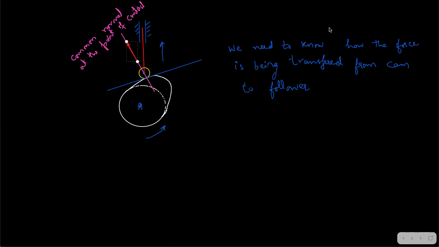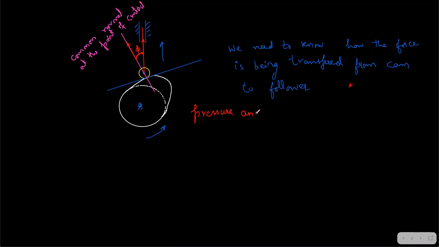So now we have the transmission of force line, and what is representing the motion, the direction? This red one up and down is representing the motion of the follower. So that also will be represented here. This is the motion of the follower upwards. So the angle between these both is called the pressure angle, which is phi. Okay. So what is pressure angle? We'll just write it down.